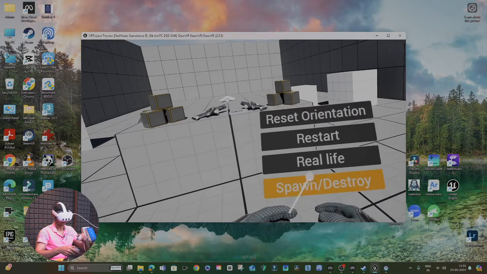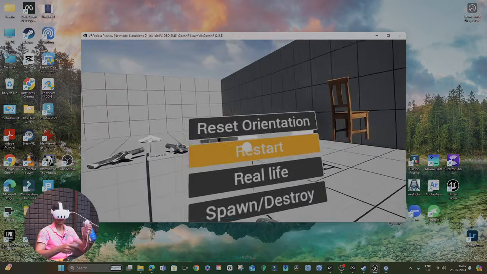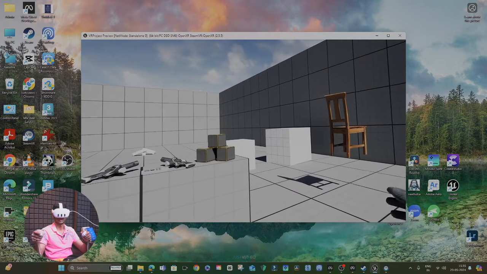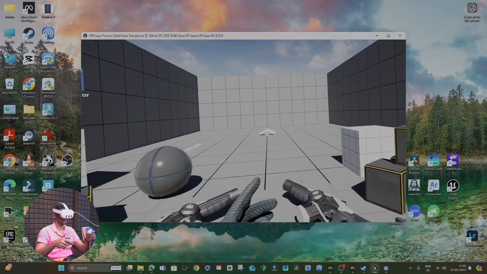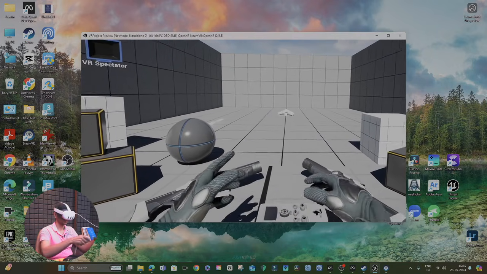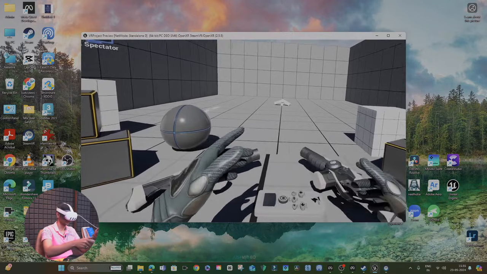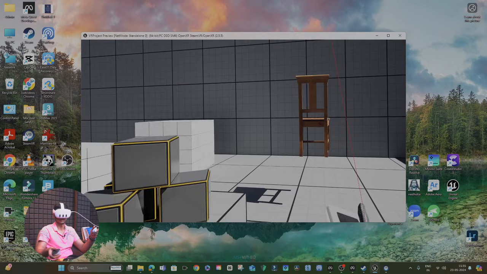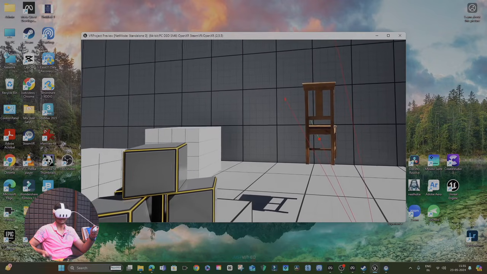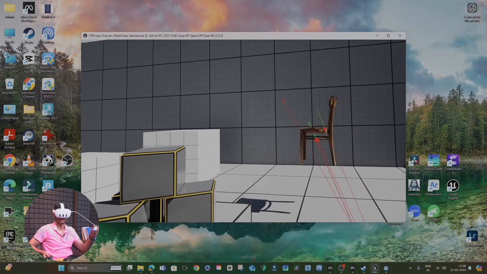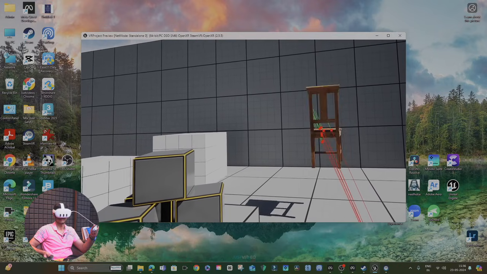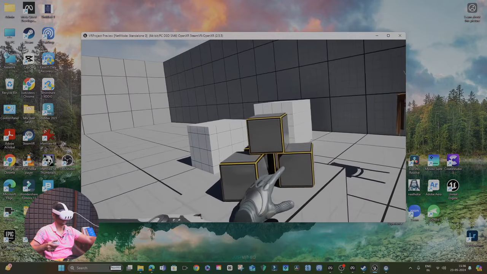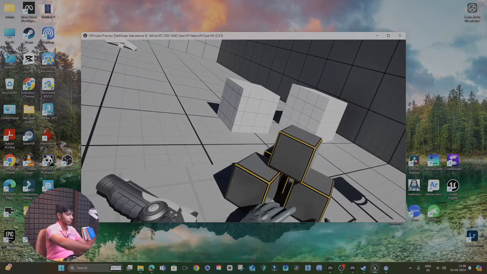Yeah, so if I press spawn / destroy, we can see the chair gets spawned, and obviously I can use our remote as well for that. So we can change that as well. And I drop my remote. So yeah, the chair works perfectly,